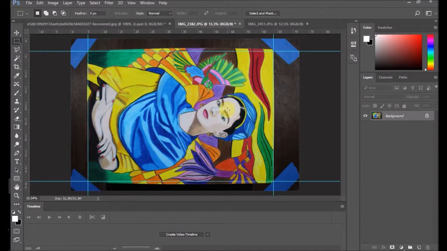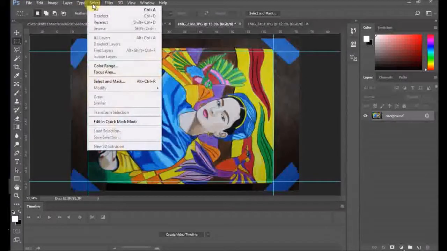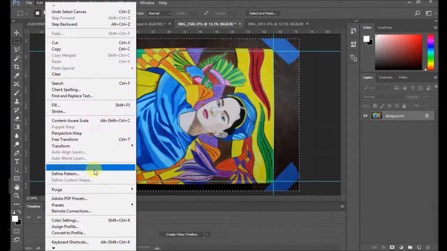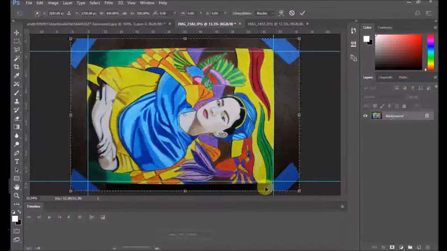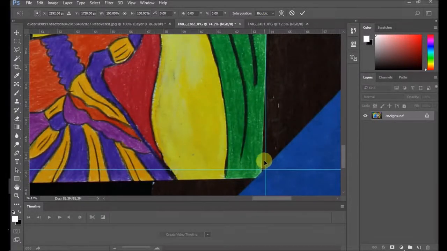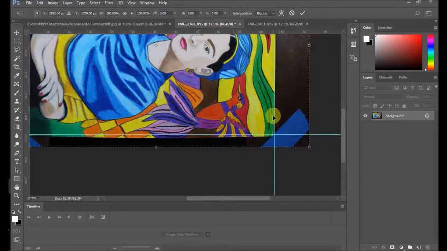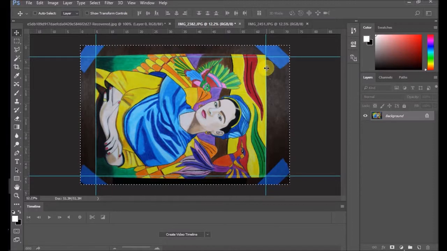So what we're going to do is make these guidelines, and we are going to edit the image. We're going to do what they call an image transform. We are going to try to make sure that all the corners are inside the boxes. And if you can see in this corner, the painting is not inside the cropping lines, okay? So I'm going to make the cropping lines just to the edge. I'm going to check this one is in, but it's not in here,